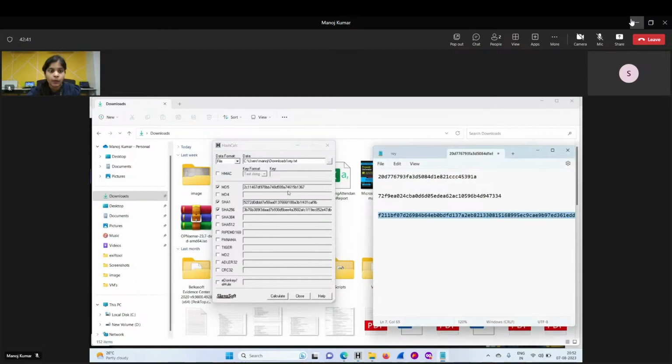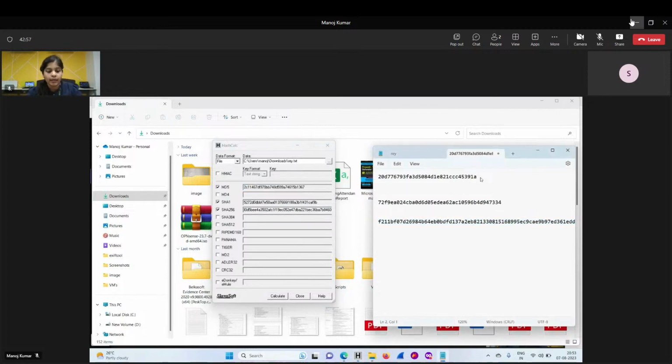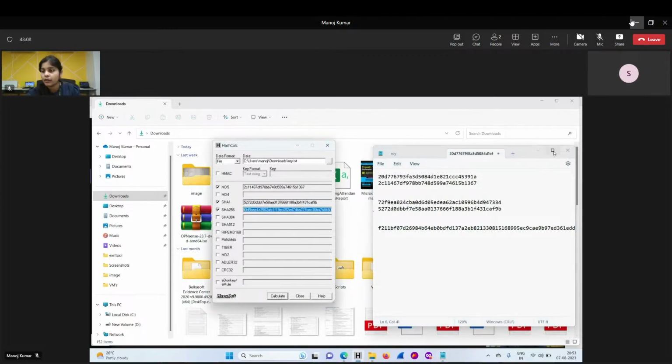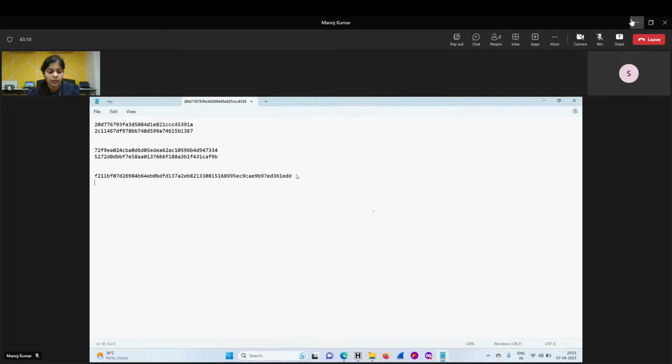Okay, and these are the values for the MD5 hash, the SHA-1, and the SHA-256. Again I am going to copy this, Control C, and Control V. For SHA-1, Control C and Control V. And for SHA-256, this is the hash value, Control V. So if you observe here, for MD5, it starts with